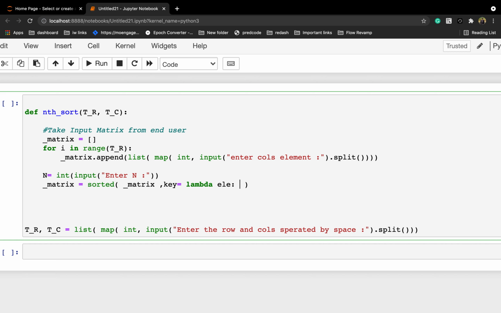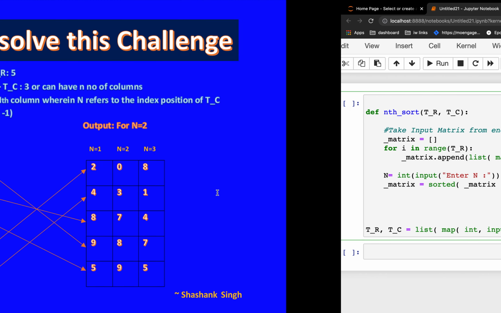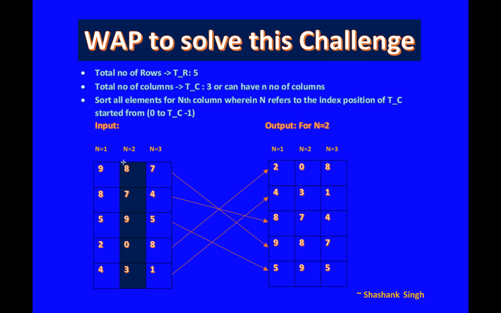A lambda function is an anonymous function that can have any number of arguments. Here I am using only one argument, but it strictly has only one expression, right? So let me write the expression. The expression is le of n. So this is the n. Let's say you have provided 2, so le of 2 will point to this.